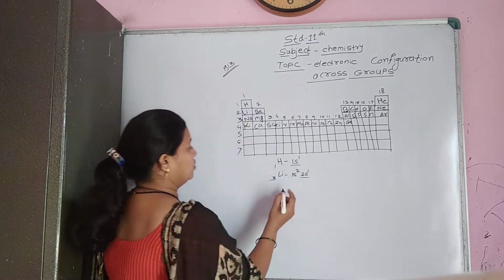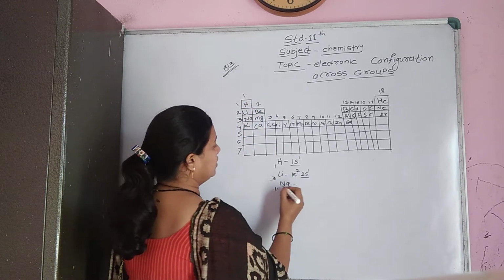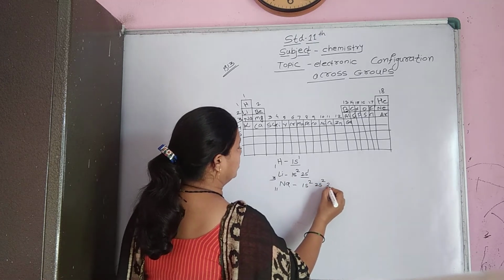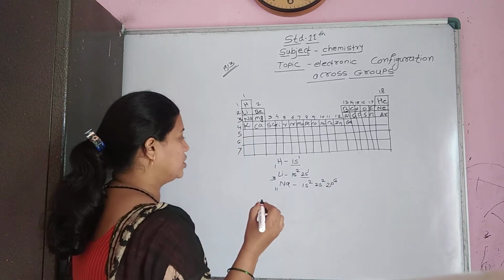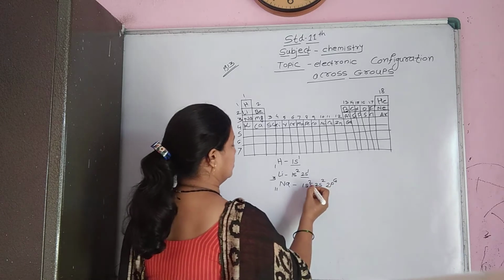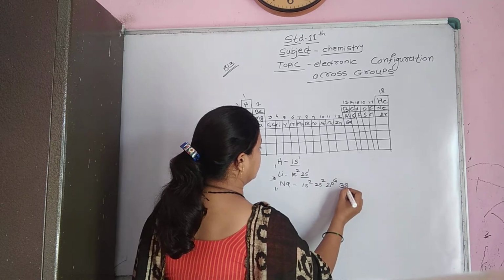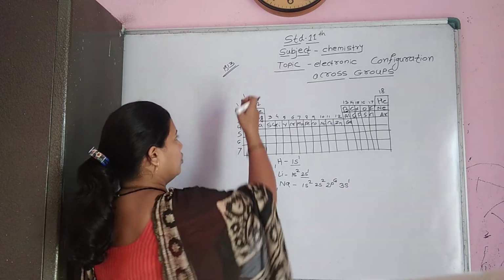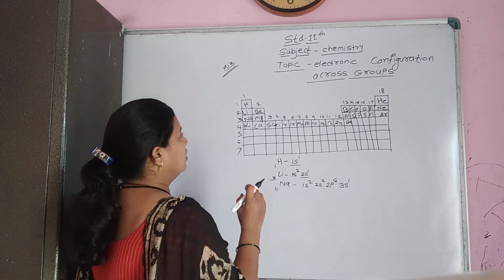The next element is sodium. Sodium has atomic number 11 and its electronic configuration is 1s2, 2s2, 2p6, and then 3s1. As we go from top to bottom in the periodic table,